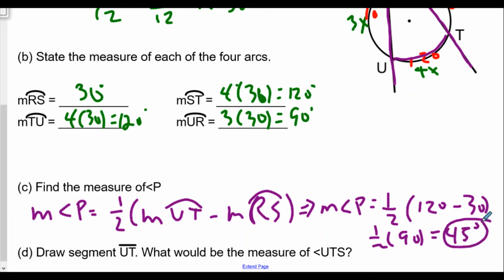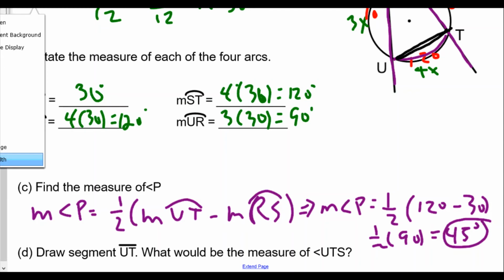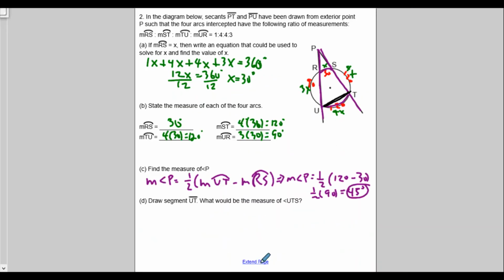Okay. Now the last question for question number 2, well, that would be in this case if we connected line segment UT. So let's connect line segment UT. Okay, I'm going to make this a full page. And so here, it moves up a little bit. So we connect line segment UT, and it asks, what would the measure of angle UTS be? Well, the measure of angle UTS is equal to 1/2 the measure of the arc intercepted, which would be this giant arc here. Measure of arc